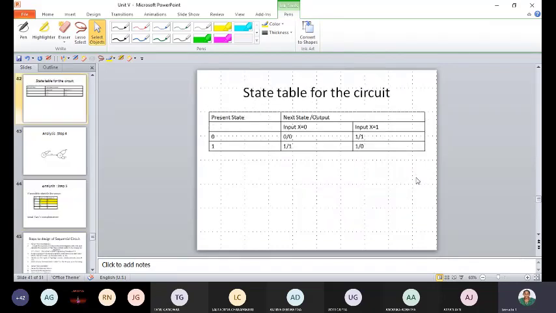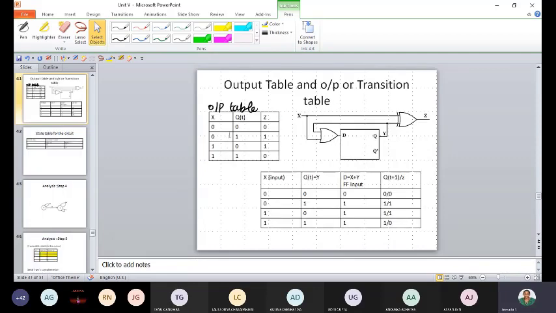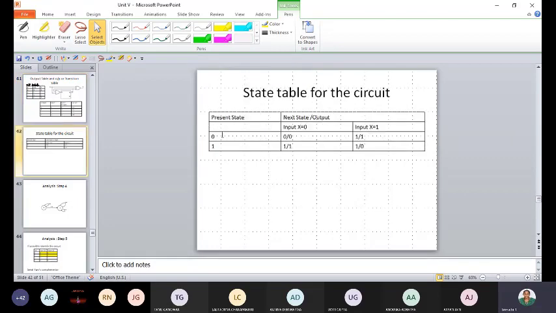The same table. And write down the state table. State table in the sense, present state is 0 and 1. This is Q of t, the present state. You have two states, 0 and 1. Input is x, and x can be 0 and x can be 1. For this, what is the output? So now the present state is 0 and 1, input x is equal to 0, x is equal to 1. And what is the next state and the output?